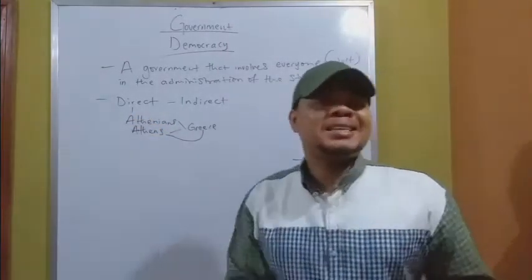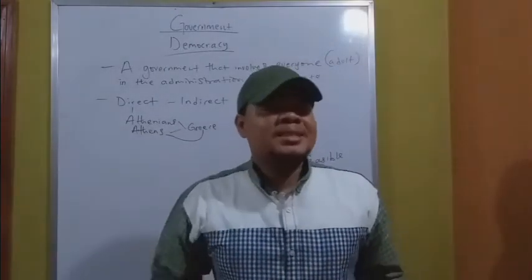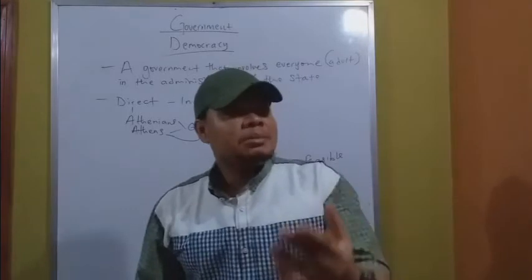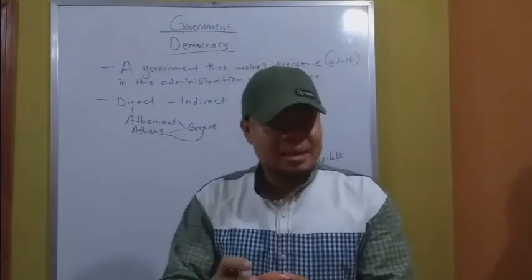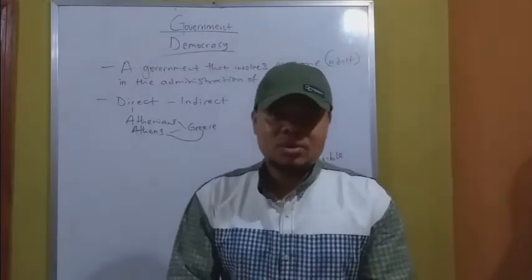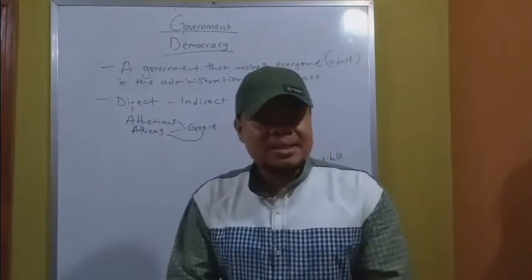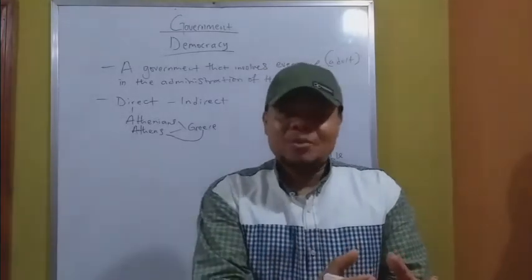Let us assume that India, the country with the second largest population in the world, is practicing direct democracy. It means that 1.2 billion people will assemble in one place. That is laughable. It is unachievable. Or let us say China is practicing direct democracy. It means that 1.3 million people will be in one place.